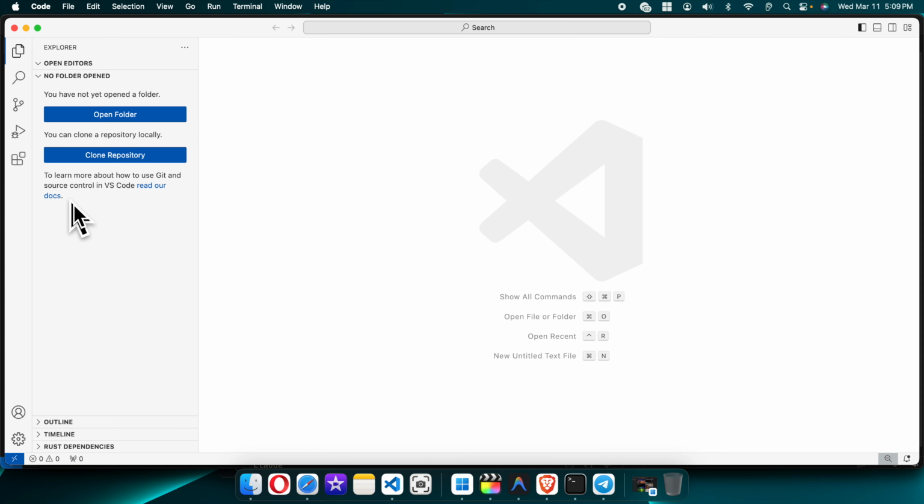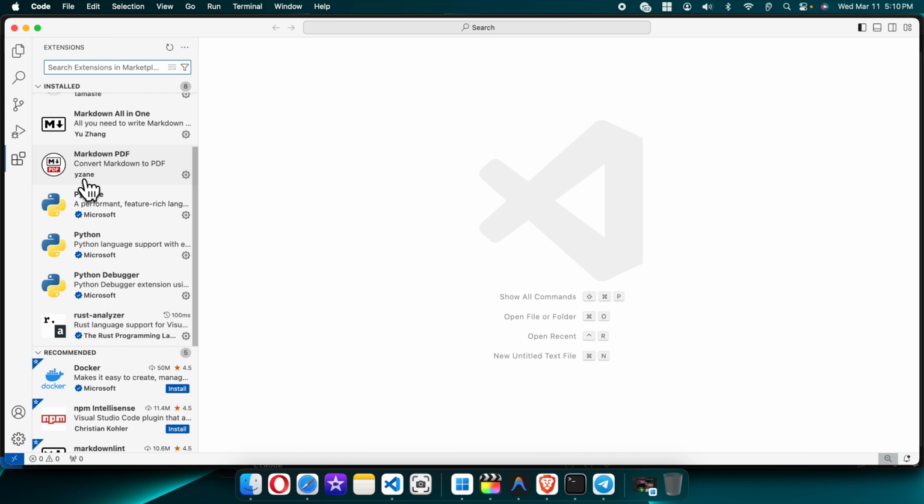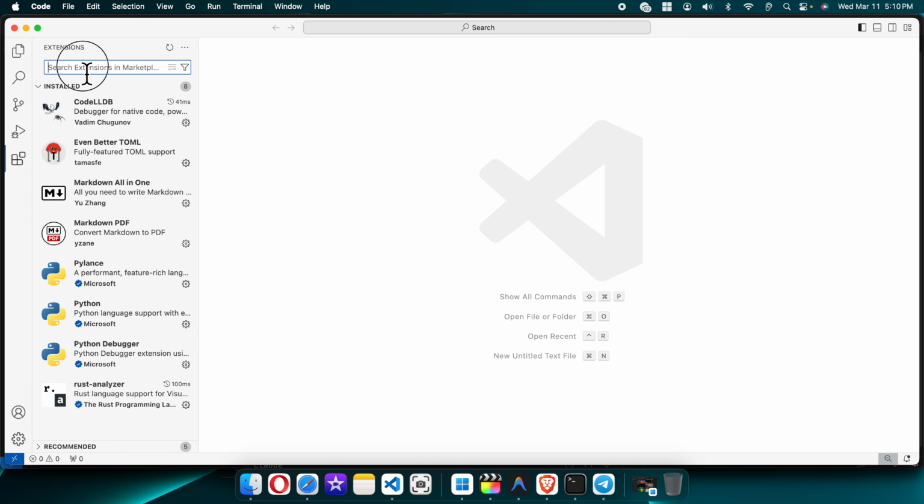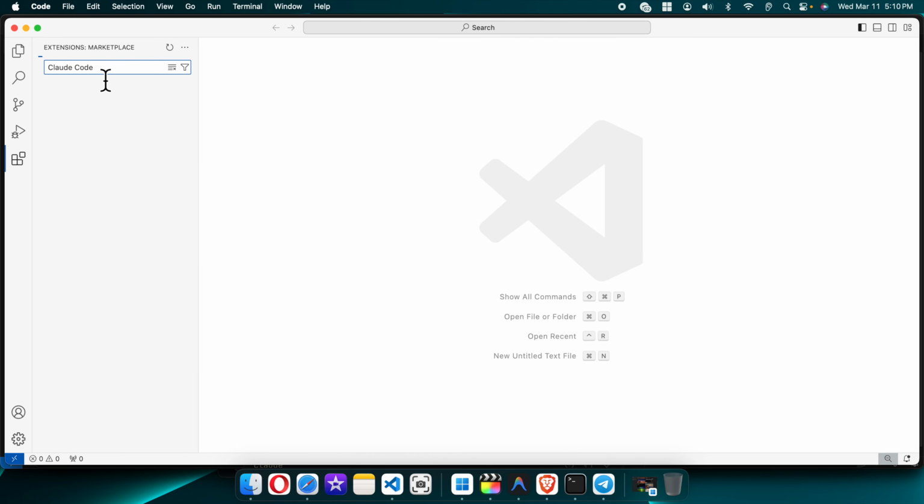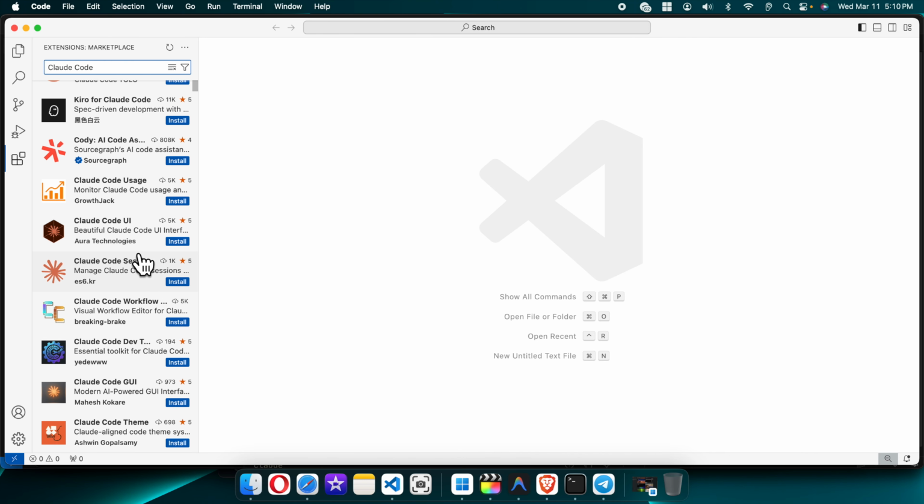extension tab first. So this is the extension tab. I'm going to click here, and now a search box will appear. Under this search box you will see install, and here I see no extension there for Claude Code. Okay, so what I'm going to do is click here and start typing Claude Code and hit the enter key or return key of my keyboard, and here we will see a list of Claude Code related